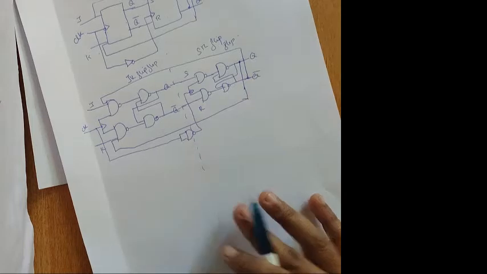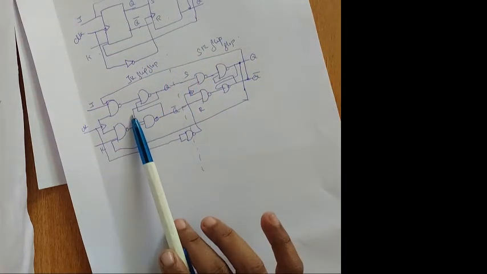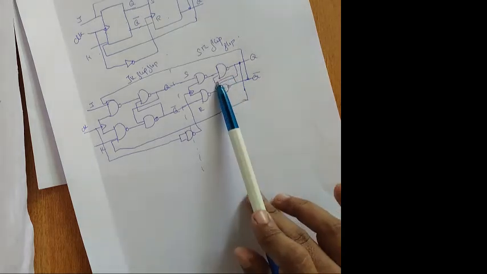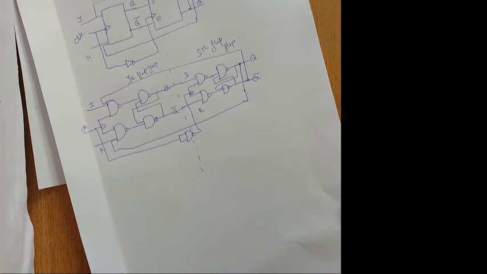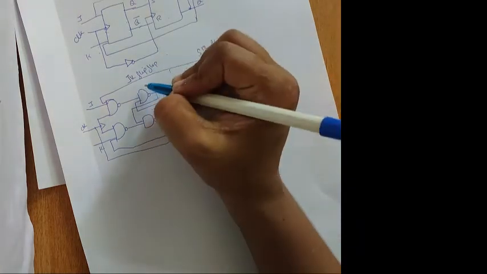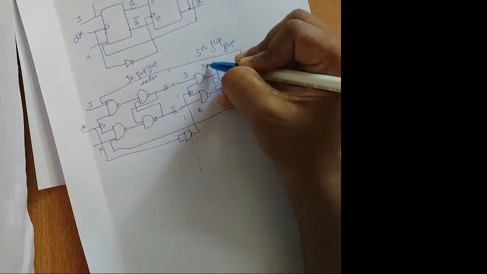First I will draw and show you. Okay. So this is a diagram of a master slave JK flip-flop. You are drawing a JK flip-flop and an SR flip-flop and giving the feedback from the SR flip-flop to J and K. So this JK flip-flop will act as a master and SR will be acting as a slave.